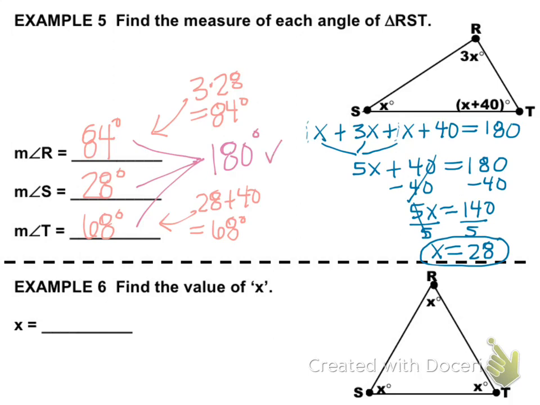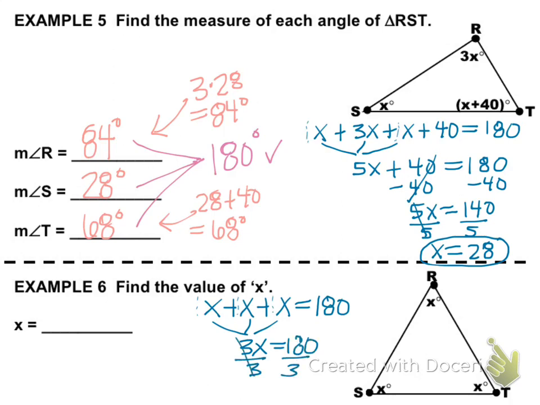If we look at example 6, it says find the value of x. Once again, we've got an expression for each of the angles. We could say that if I add them up, x plus x plus x, it's going to equal 180 degrees. And then when we combine our three x's, 1x plus 1x plus 1x, we get 3x. And then if we divide both sides by 3, we get x equals 60, or 60 degrees for each